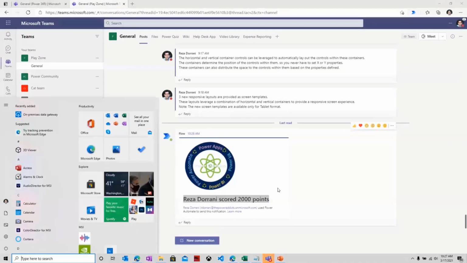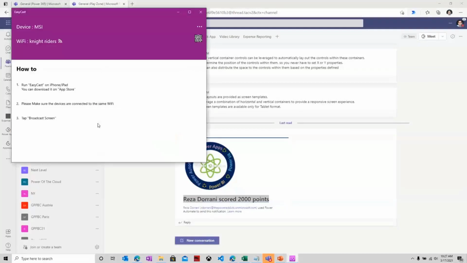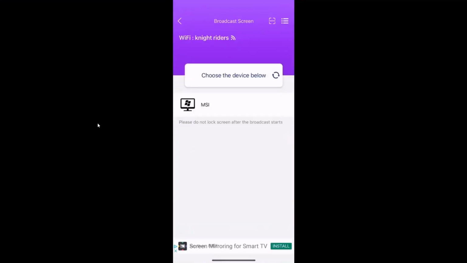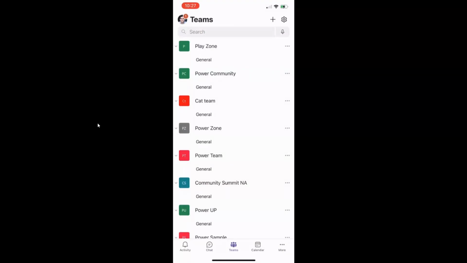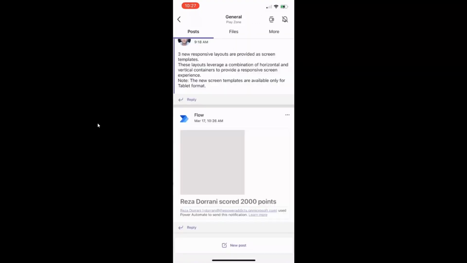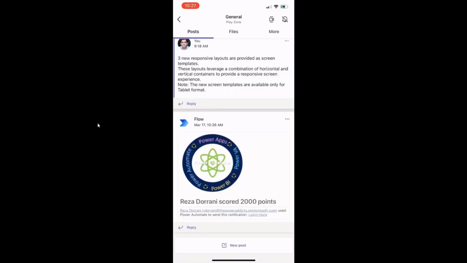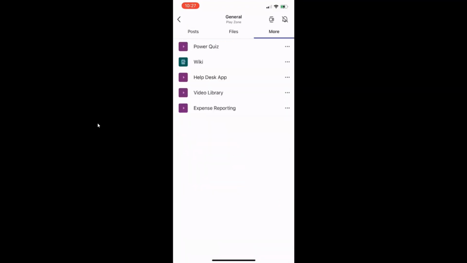Now, one last thing before I wrap up my demo, I will try and see if I can share my mobile device, broadcast my mobile device. Let's see if this works. It normally does. 3, 2, 1, go. Okay, we got it. So I'm heading over to Teams. And I'll head over to my team again. And this is my team called Playzone, bad name. And as part of this team, if I head over to that same quiz app, I want to show it to you in action right here.